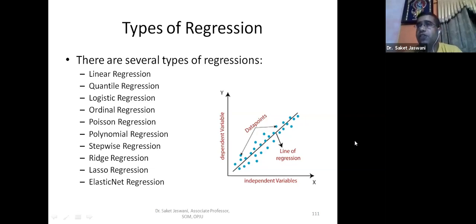For regression only one dependent variable is there. Independent variables can be any number. So in linear regression, this is the most common and simplest regression. In linear regression it can be simple or multiple. Simple, there is one independent variable, and multiple, there are multiple independent variables, right. Then there are quantile, logistic, ordinal, Poisson, polynomial, stepwise, ridge, lasso, and elastic net regressions. These are various regressions